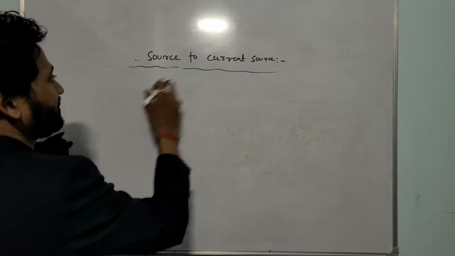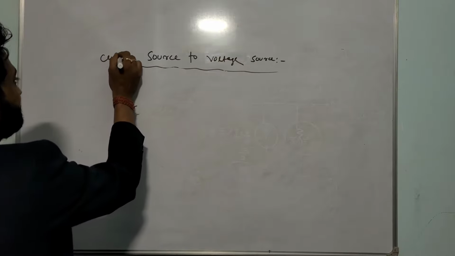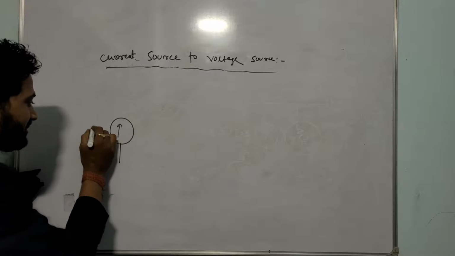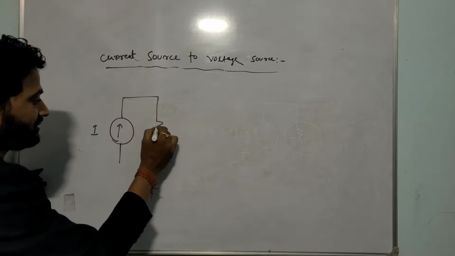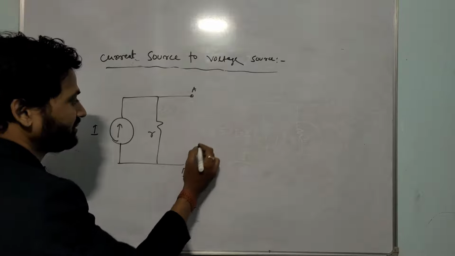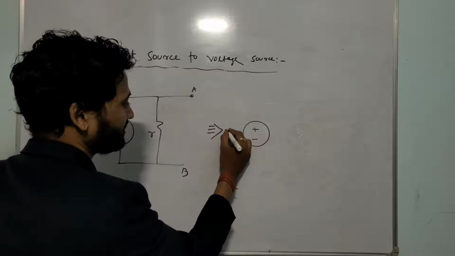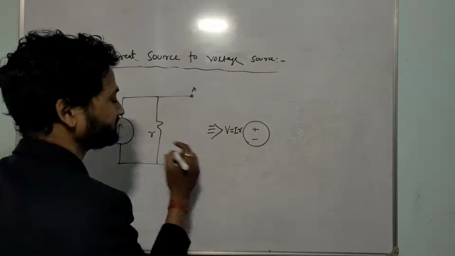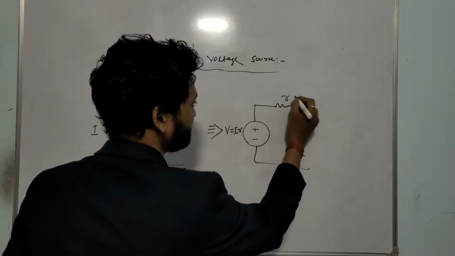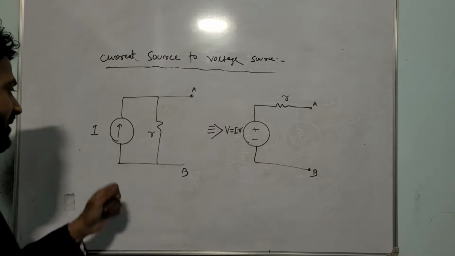तो सिमिलरली we can convert current source to voltage source. कैसे देखो, let you have a current source here and the magnitude of current is I and internal resistance is small r, terminals are A and B. So you can convert this current source to an equivalent voltage source, and the magnitude of the voltage source is I into R, current into resistance, and here internal resistance will be connected in series with that source, ठीक है।